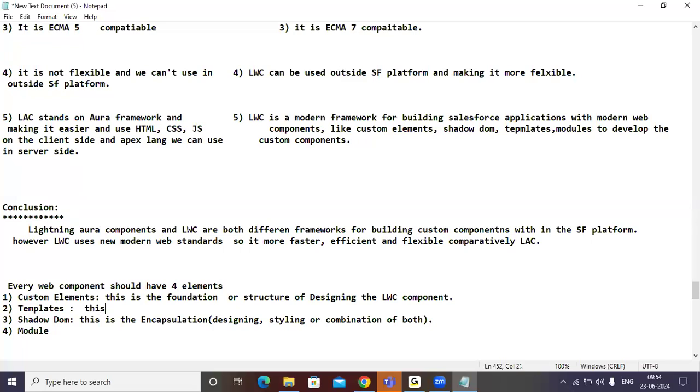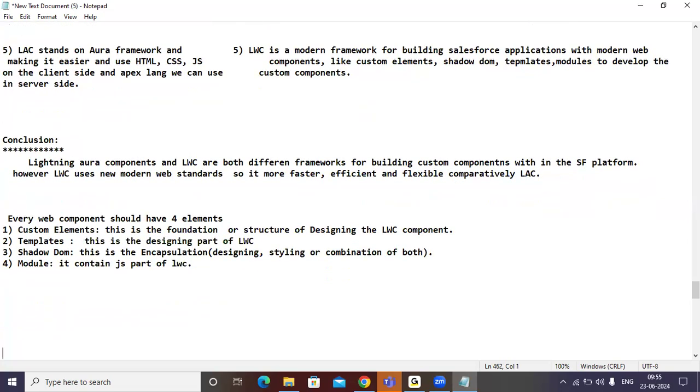Template means this is the designing part of LWC. Module means it contains the JavaScript part of LWC. Understand all of you? Like that, every component contains how many elements? Four elements. Okay. Next point.